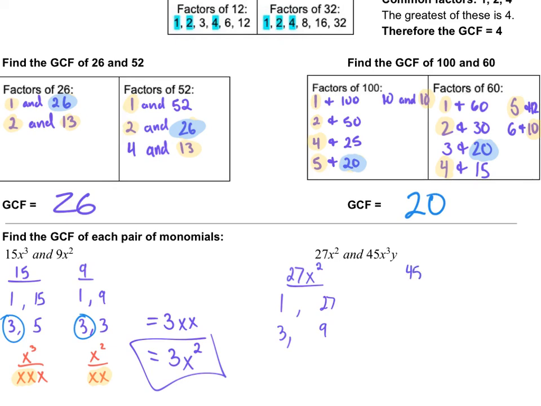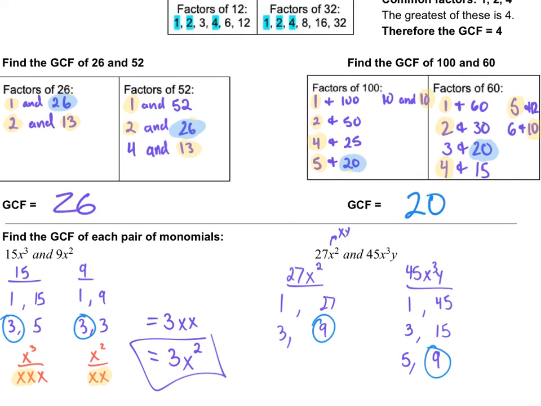So if we look at 45x cubed y, 1 and 45, 3 and 15, 5 and 9. I believe that is it. So our numerical GCF is 9, but